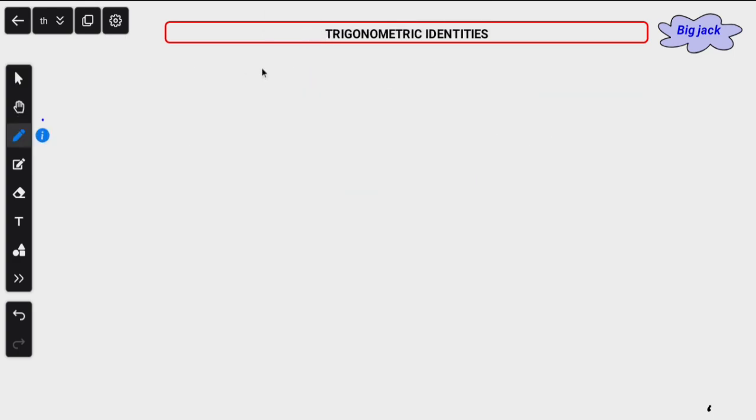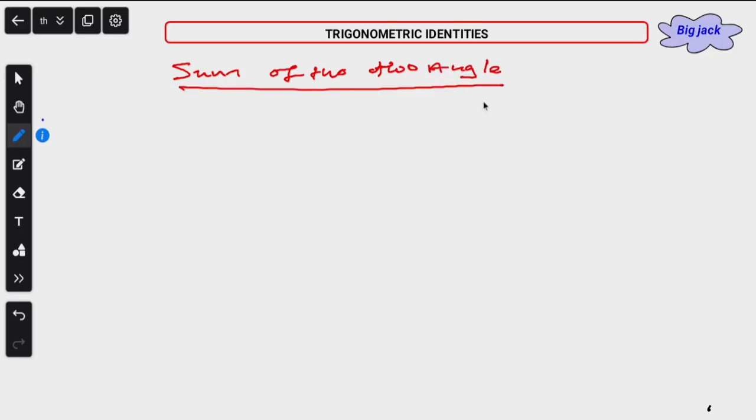Now let's try to look at sum of two angles. In talk of sum, you are adding or subtracting two angles. Let me start with the first one, which is for sine. Here we are adding. Let's say we have two angles, a plus b. We are adding angle a and angle b. So what are we going to have? We're going to have sine of a plus or minus b, and this one is going to be equal to